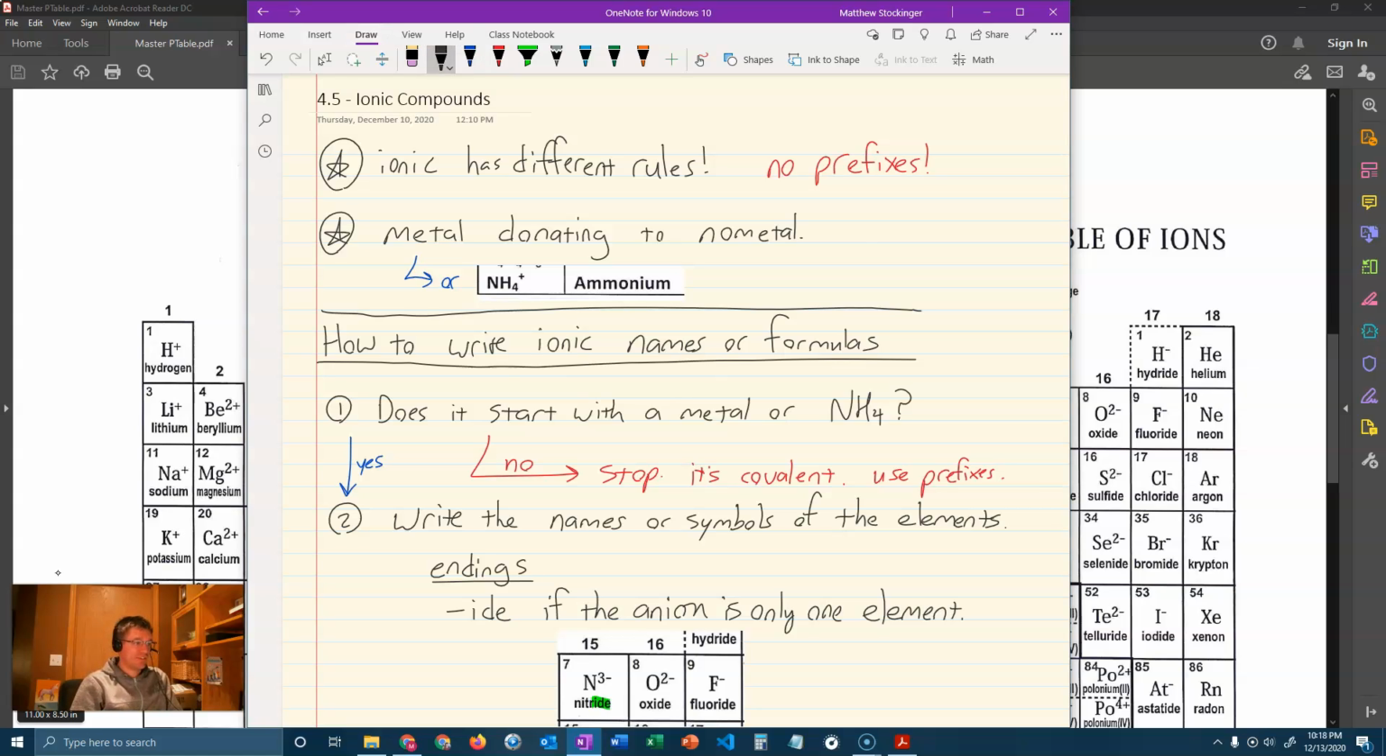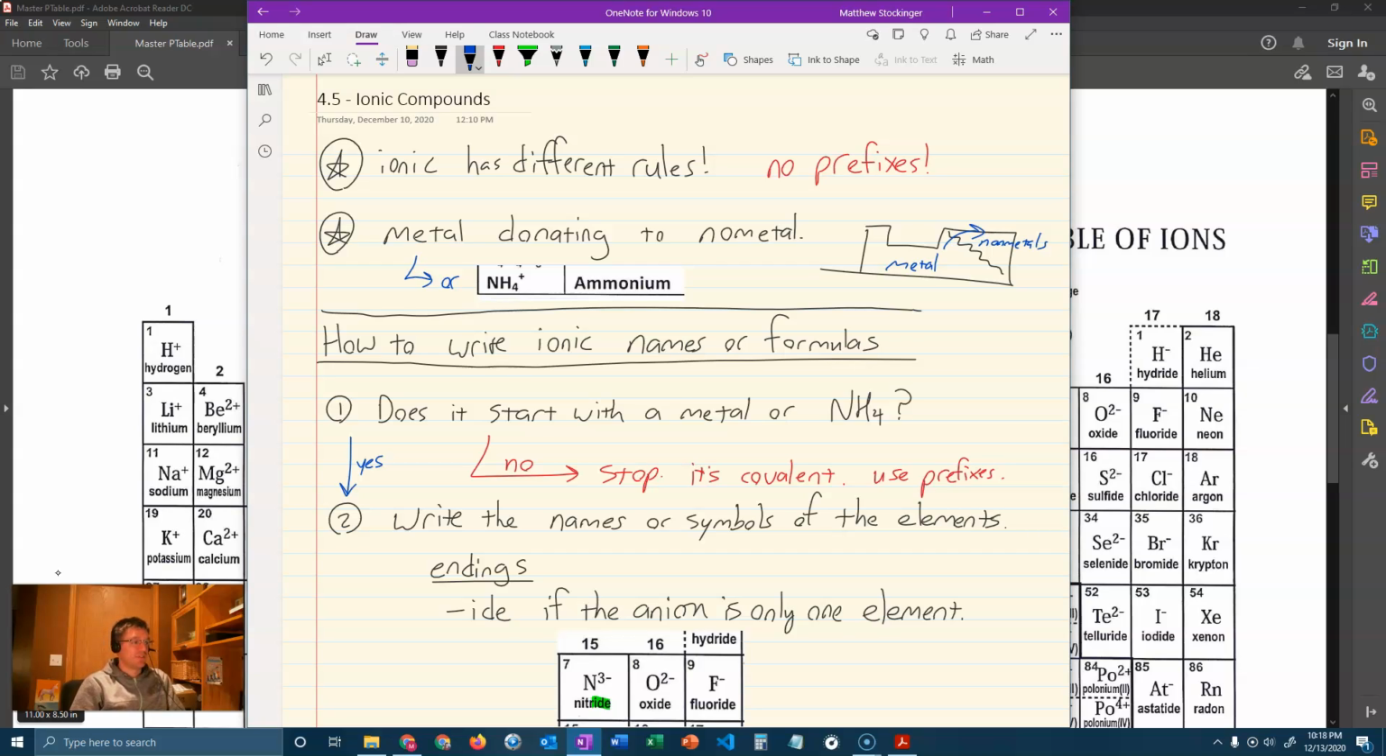Okay, and a reminder that on our periodic table, this is the dividing line right here. Up in the corner on the upper right, that's the nonmetals, and everything else is metal. So typically we're going to have a metal and a nonmetal, or more than one nonmetal in an ionic